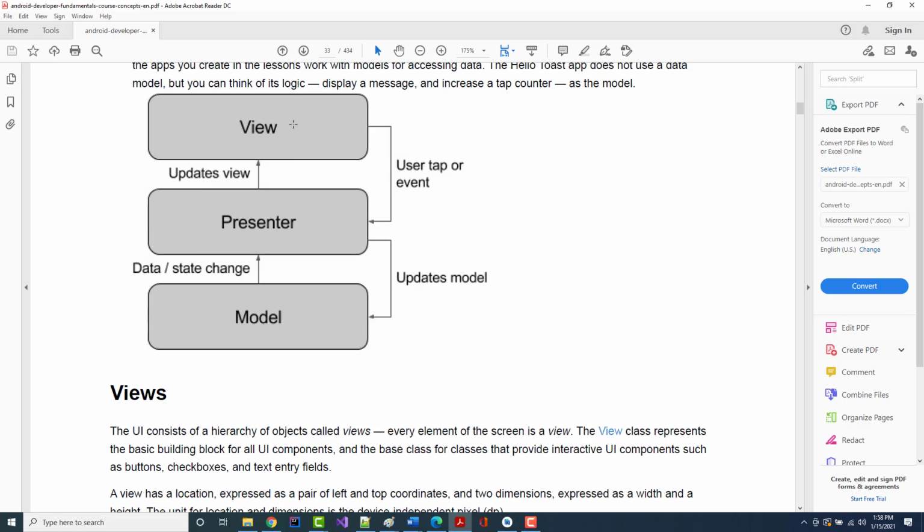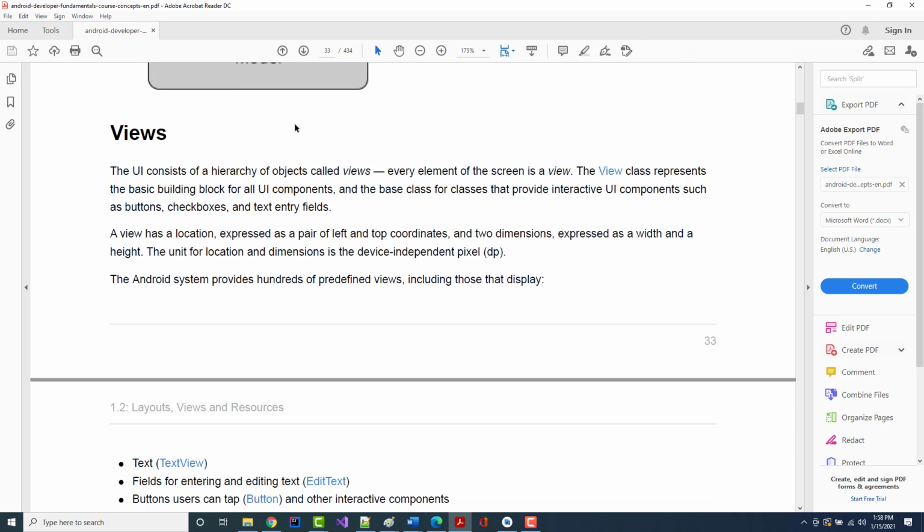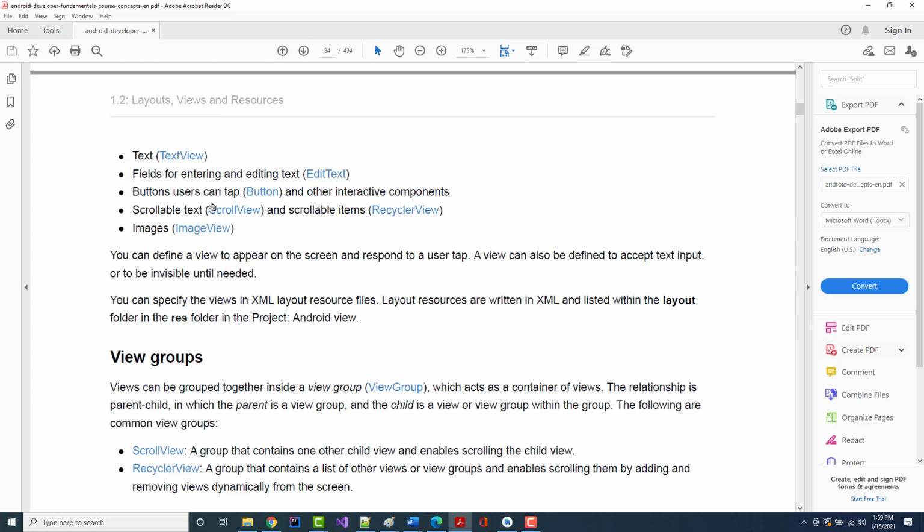All right, again, I don't know if that made a lot of sense, but the author says again right here, the UI consists of a hierarchy of objects called views. Every element of the screen is a view. So is the screen itself. It says the view class represents the basic building blocks. So you can click on these if you're interested and find out a lot more about text views, edit text, buttons, etc. Later,